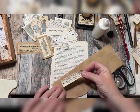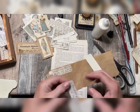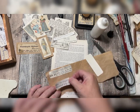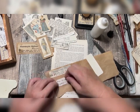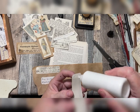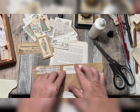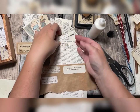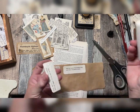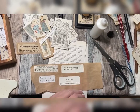And these with the really thin paper, it's perfect to back them up with some brown paper or some other color you would like. And you can make them big, you can make them small, long, short, round, whatever you need. It's a fun way to use up old book papers, and in the beginning of old books you often have